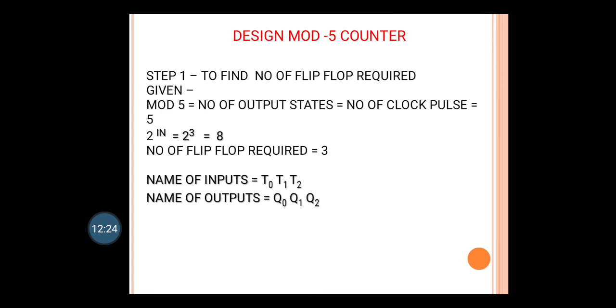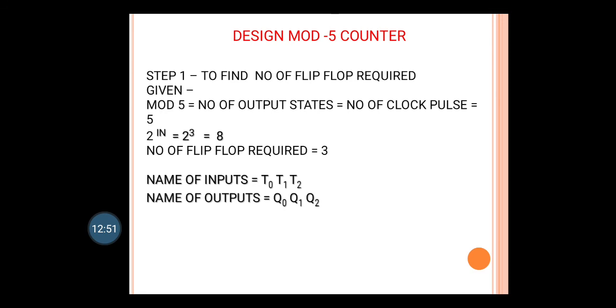So here you can modify the number of output states. How many output states we need is 5, and the number of clock pulses we need is 5. For that, 8 is the standard form, and out of that 8 you can have 5 clock pulses, and the rest 3 you don't need. So for those you don't need the output, and you have to put 0 there.